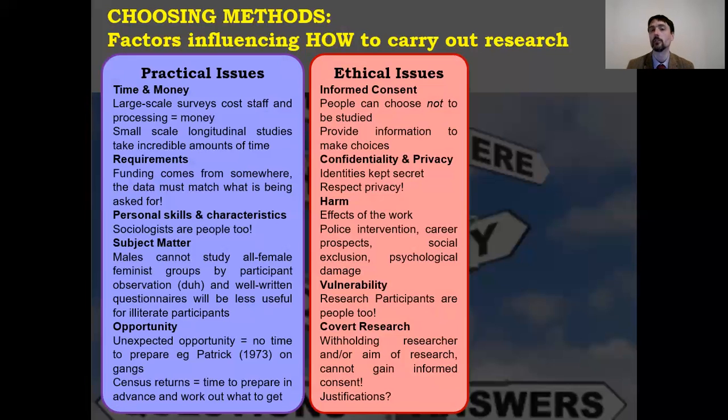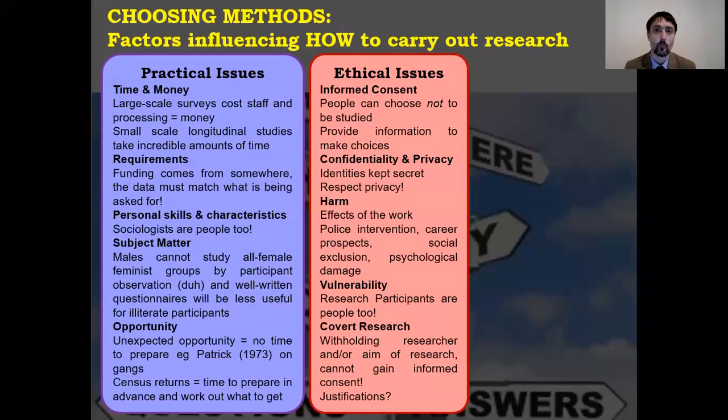What about covert research? What if you go undercover? What if you try to work out what makes football hooligans tick in the 1980s and do so by sneaking in and covertly filming them? Now, you understand you can't just go in there and ask them for informed consent. I would like to know more about football hooligans. You seem to be a football hooligan, so I'm going to study you. It's not going to go down too well. These people are violent and dangerous.